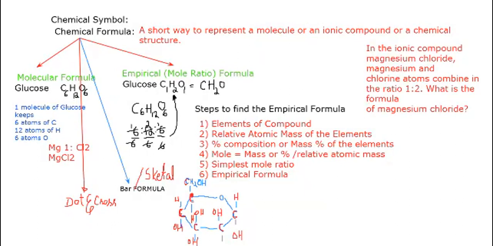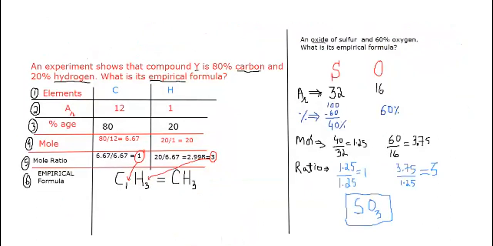I'm here. We have studied our lesson with the chemical symbol, then we moved to chemical formula, where there are four types of chemical formula. Then we moved to how to find the empirical formula and what are the steps. Six steps: elements, relative atomic mass, percentage or mass composition. Sometimes mass is given, sometimes mass is not given, then by the help of this ratio we can find the mole, then find the mole ratio and write the empirical formula. This is all about my side. Is there any question?